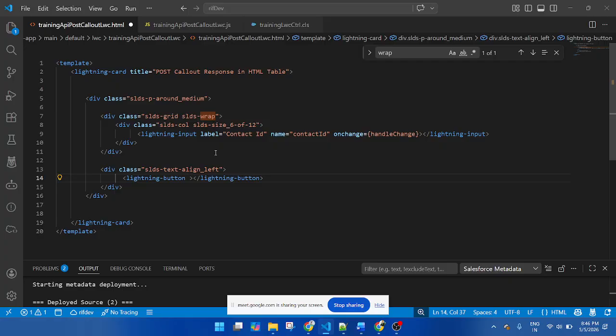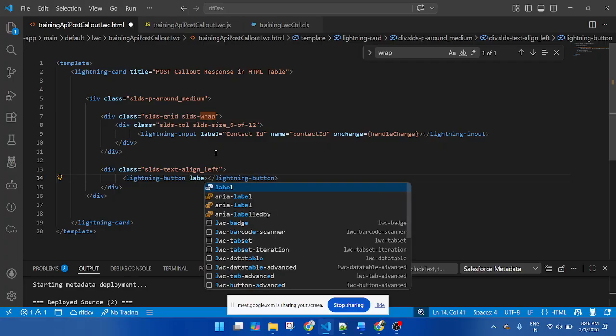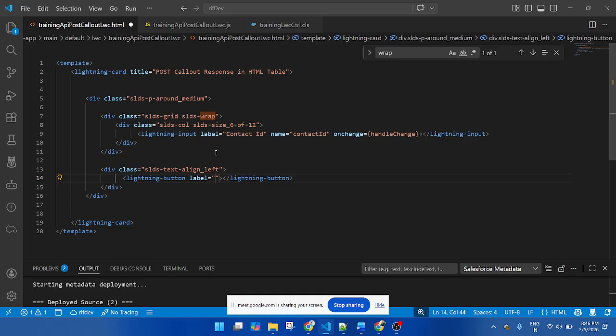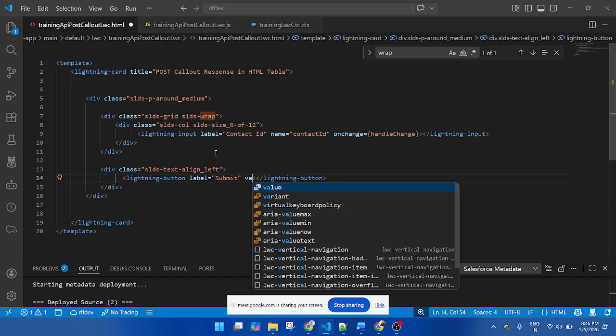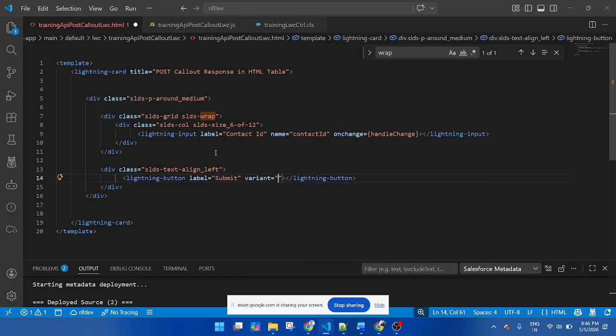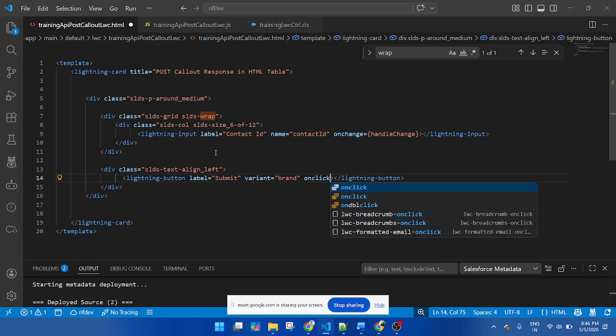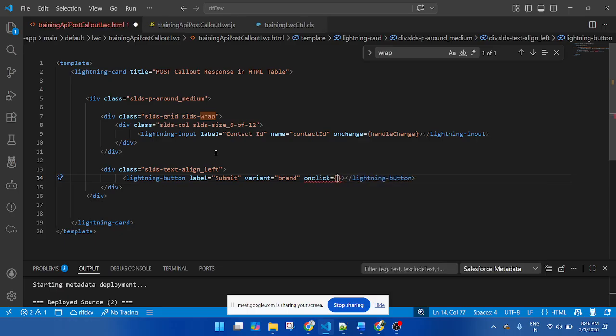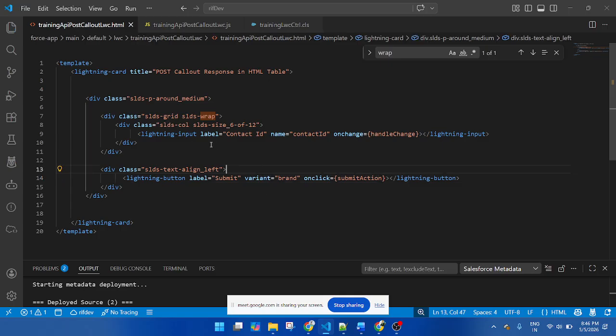Lightning button, label submit, variant brand, onclick submit action. So first I created a button.